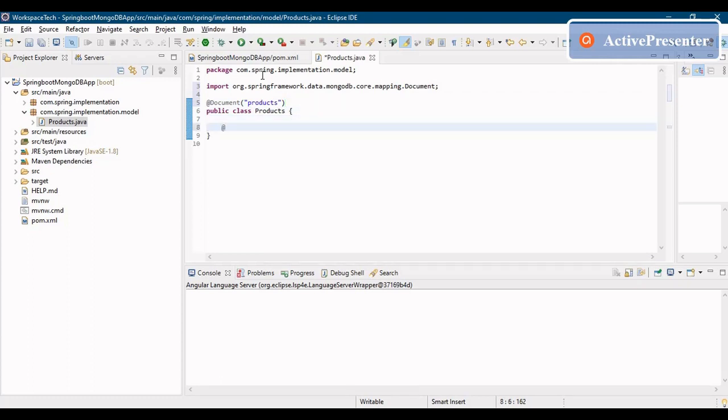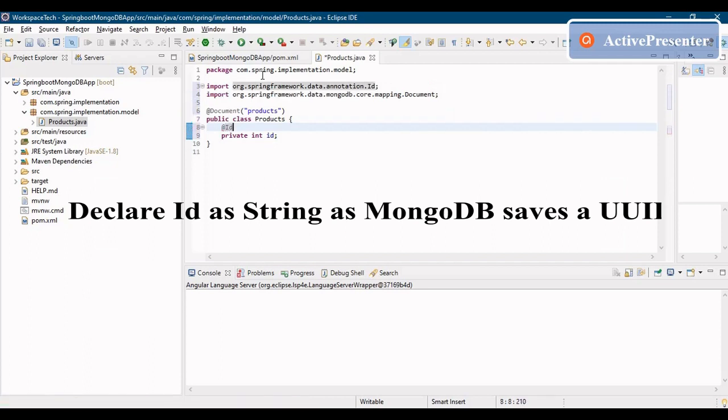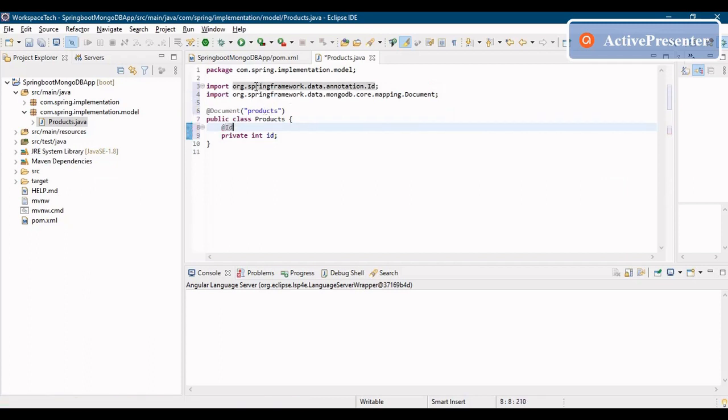Let me simply say int id and define it as private, and what I have to do here is mark this id as unique, so we'll say @Id. Now you can see the difference: when we worked with JPA, the @Id annotation came from the persistence package, but now it comes from Spring Framework data.annotation.Id. Now we can simply say private